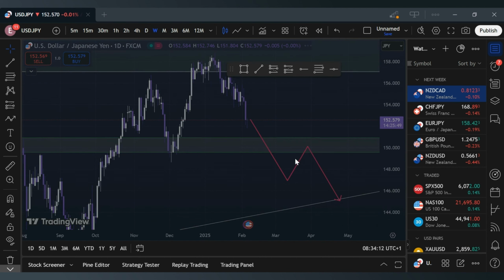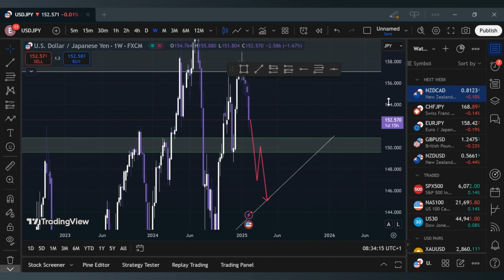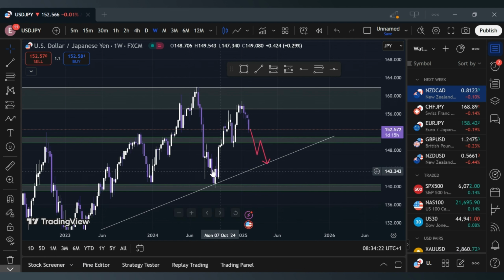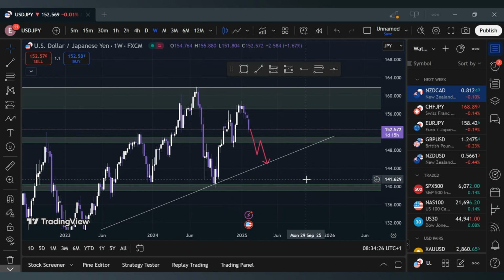Now a break of this zone basically indicates that we are ready. Okay, not yet. So a break of this second zone indicates that we are ready to push down to the